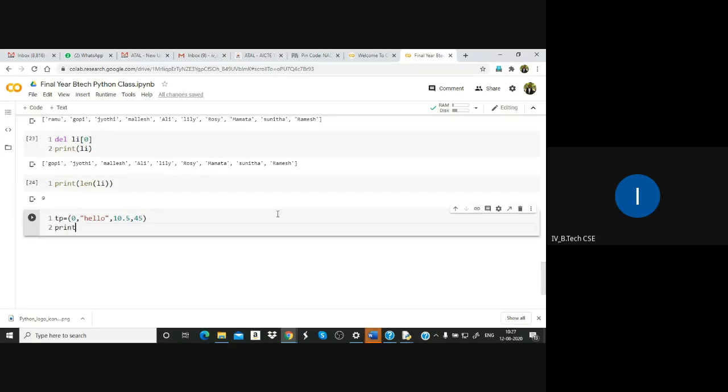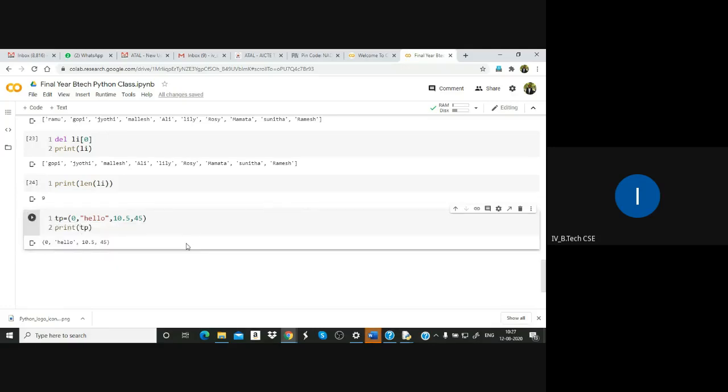Technically it is called immutable. Immutable means we cannot modify. A list is mutable, which we can modify as per our wish, but a tuple we cannot modify.